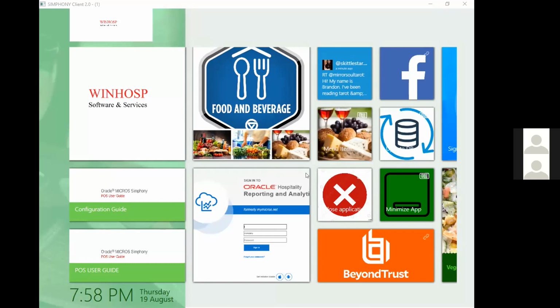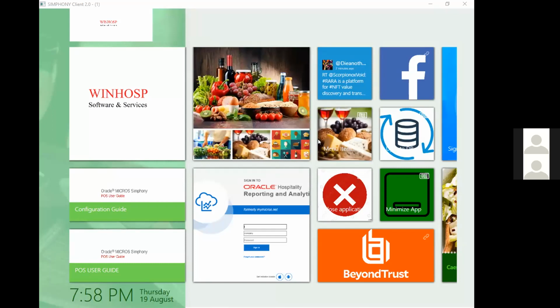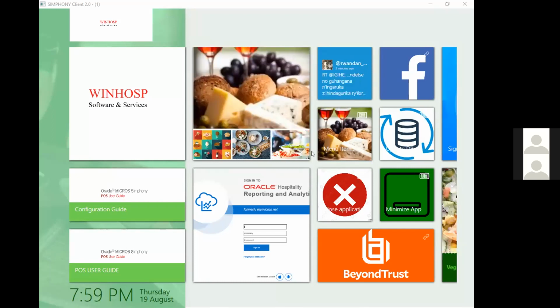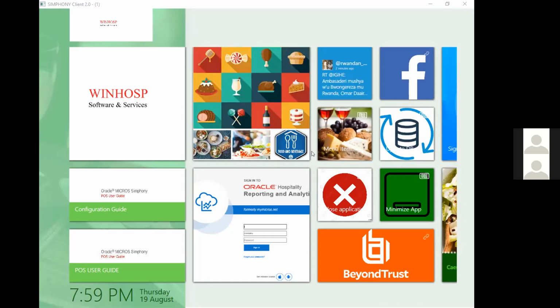Today we are going to showcase some of the features that came up with the Symfony new version 18.2 onwards. What we have done is configure the engagement app with Symfony. Engagement is the new feature that came with Symfony. Here we are going to demonstrate how we can configure and utilize it for better services.